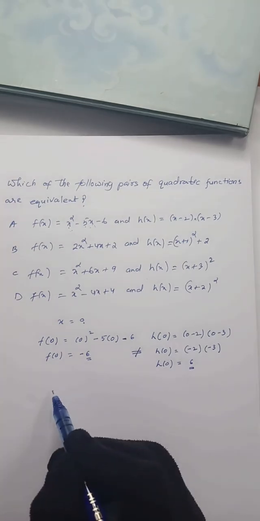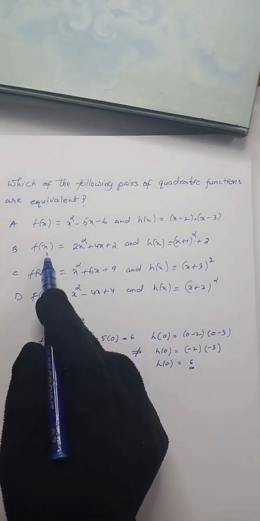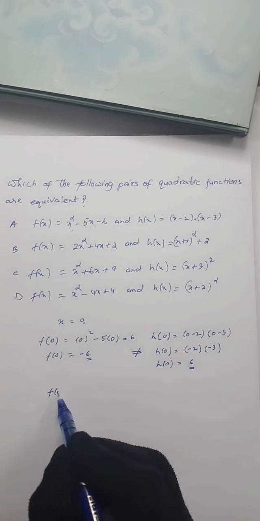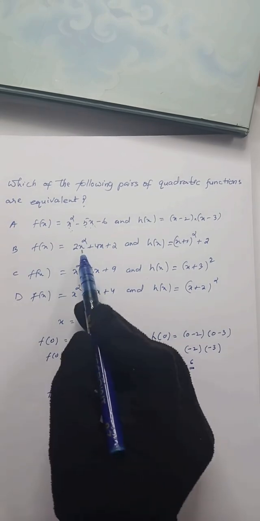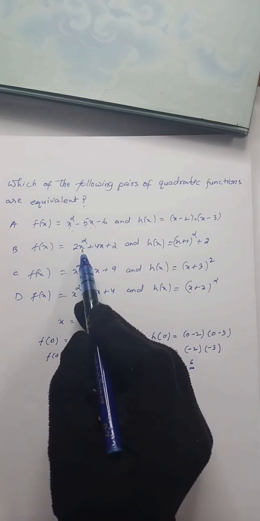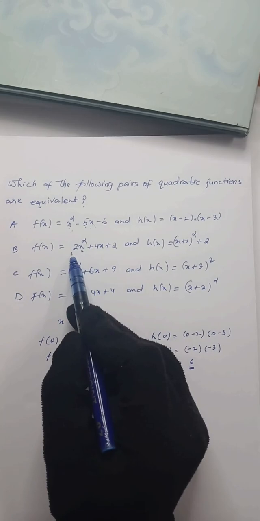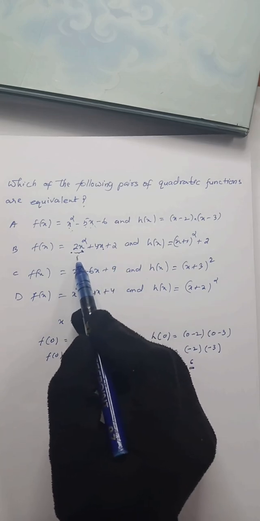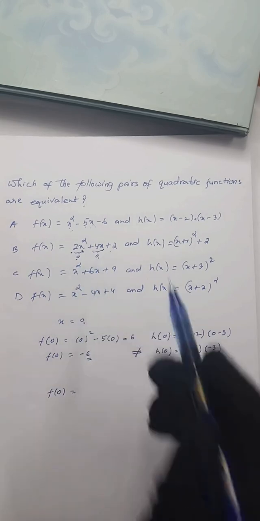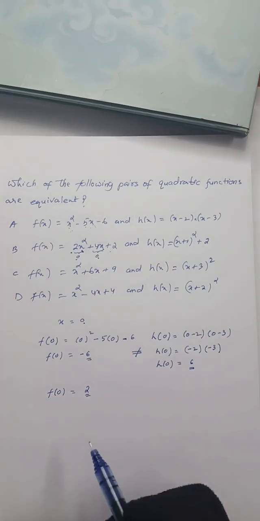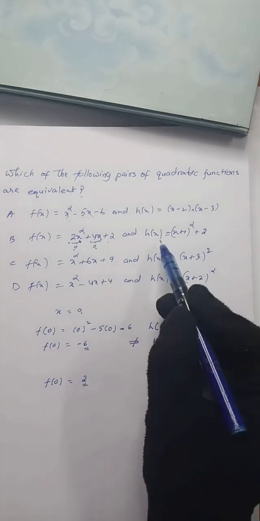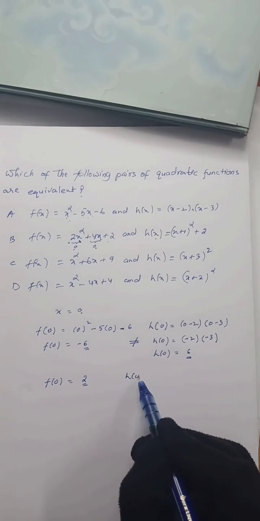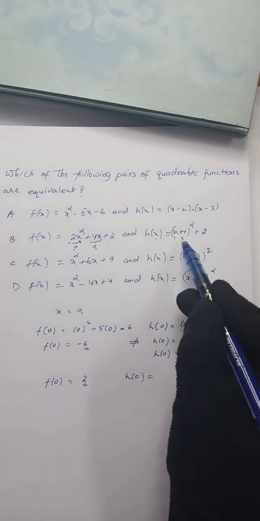Now like I said before, if I substitute 0 here, what will happen? f of x will become f of 0, which is equal to, substituting 0 here, 0 square will give you 0. 0 times 2 will give you 0 again. And 4 times 0 will give you 0. So you're going to get 0 from here, 0 from here, 0 plus 0 plus 2 will give you only 2. If I substitute 0 here, you will get h of 0 equal to (0 plus 1)